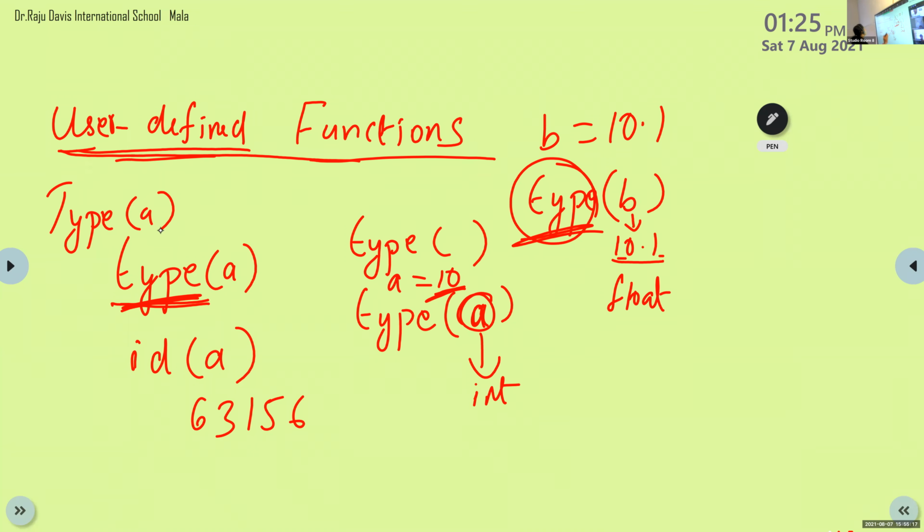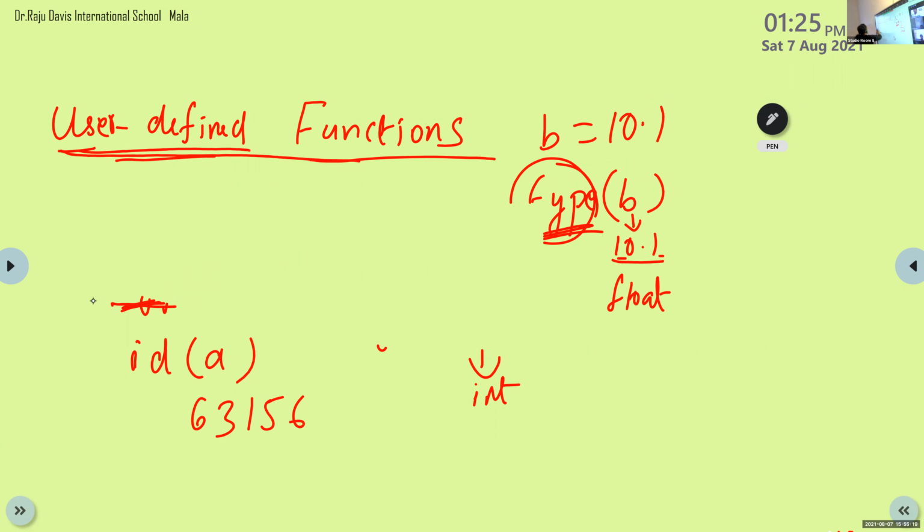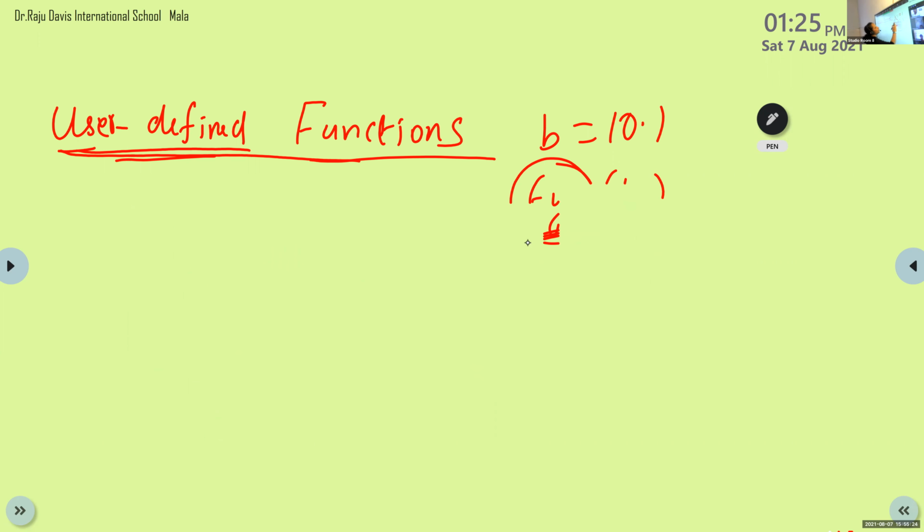So after that we are moving to user defined function. User defined function means the function definition is written by the user. So the user gives the name for that function and writes the statements for that function.